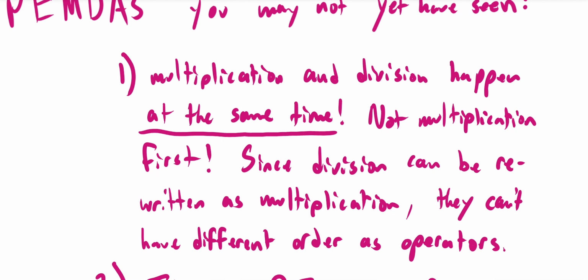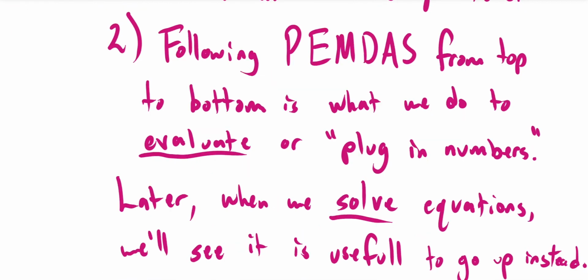Group them together. Think multiplication and division happen simultaneously. Same with addition and subtraction. Number two is what I mentioned a little earlier, that we follow from the top to bottom. We go to the P, to the E, to the M and D, to the A and S, from